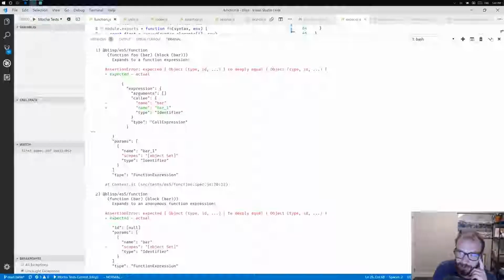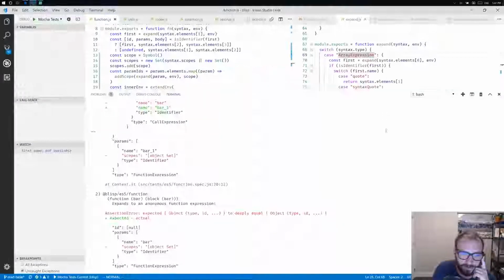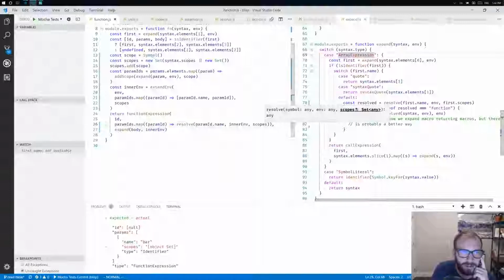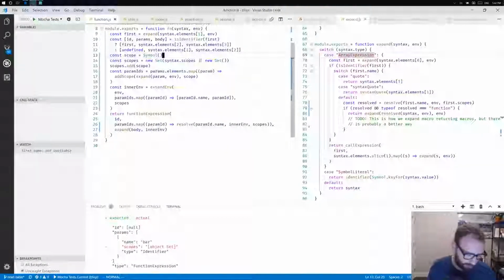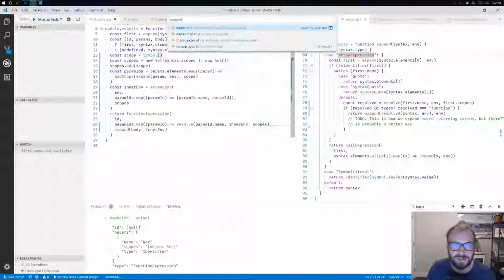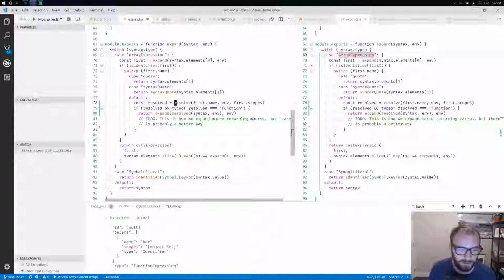Okay, so now we need to resolve symbols that we encounter. So when we go back to expand.js, down here where we have a symbol literal, what we actually want is to